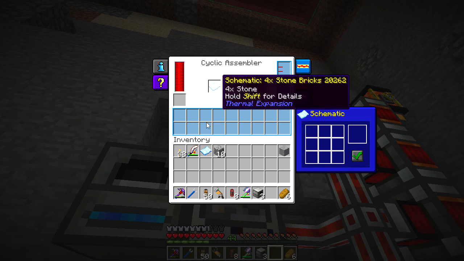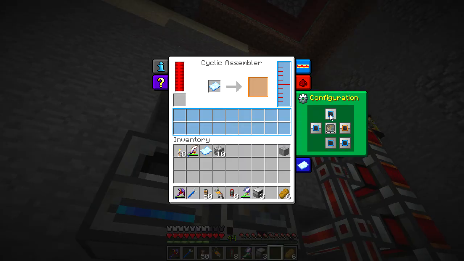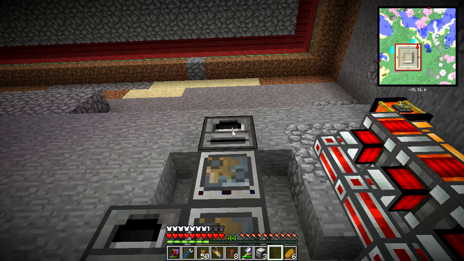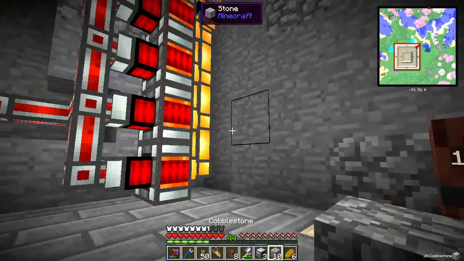Now, anything that gets fed in here can be done by any blue side, and let me set, yep, the top is blue. Let me turn the rest of these off because I don't need them right now. Now, if I set this to output from the bottom, now the redstone furnace is set to output from the bottom, and I'm going to take a stack of stone